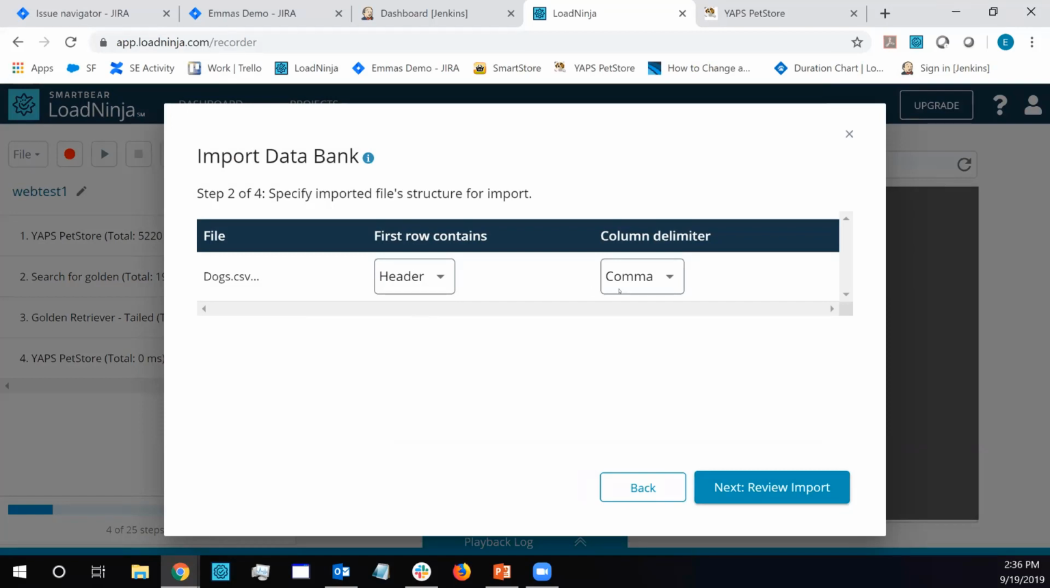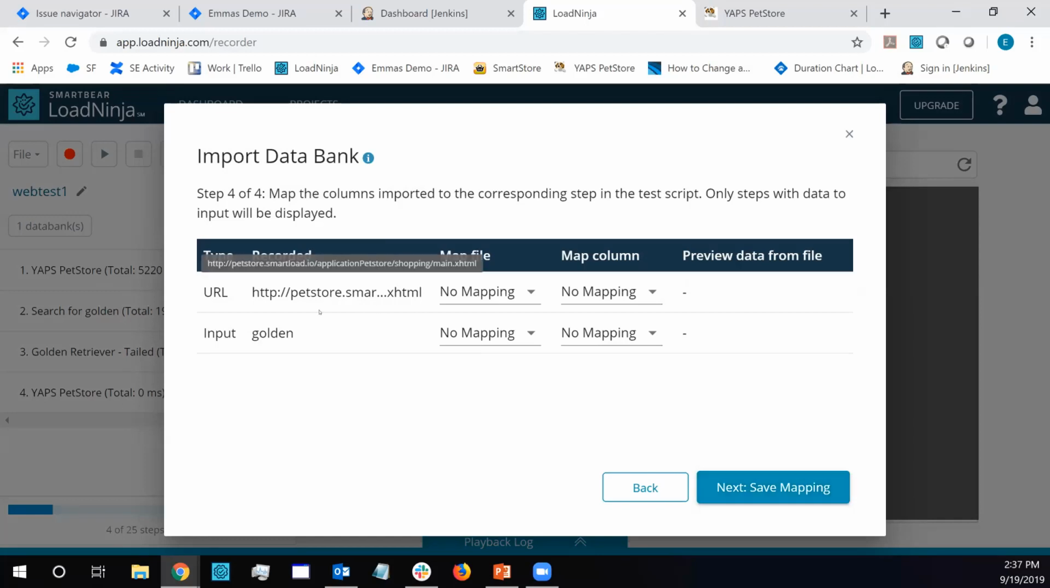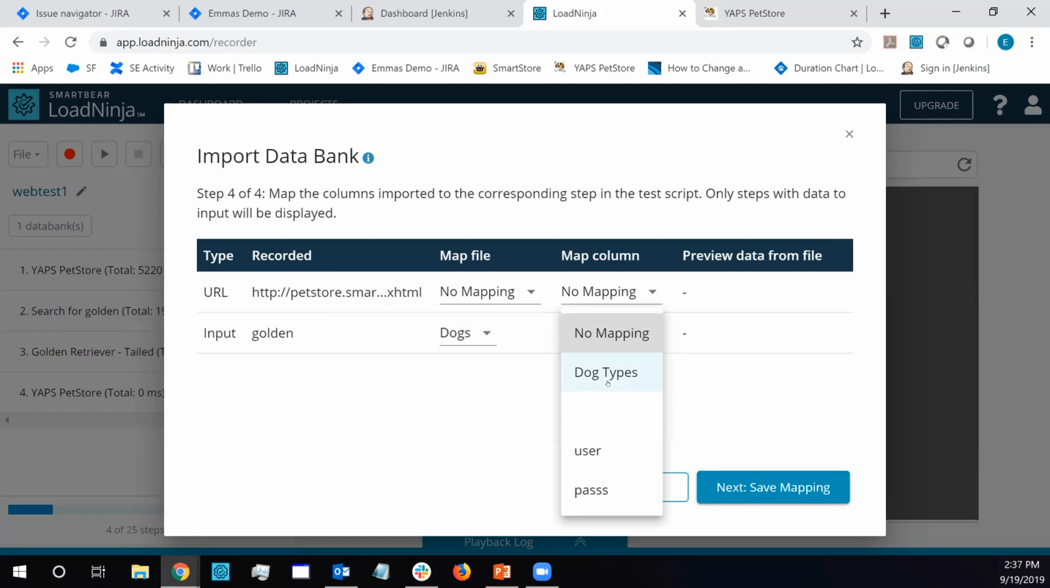It does have a header and it is comma delimited. And then we're going to just simply use this dog types column all the way on the left. Our final step here is to map this data bank to our test. So you can see here, I'm going to select the dog spreadsheet, and then I'm going to select the dog types column. And it will give us a preview of this